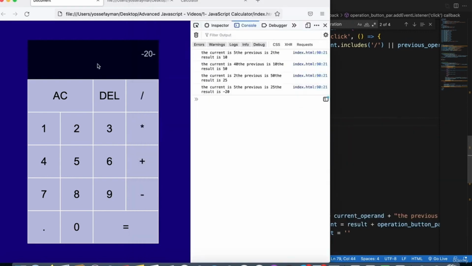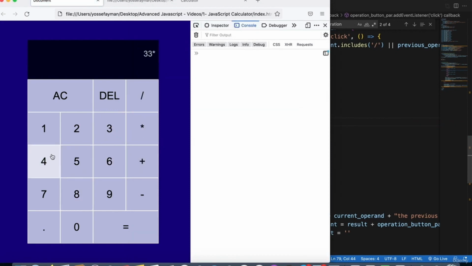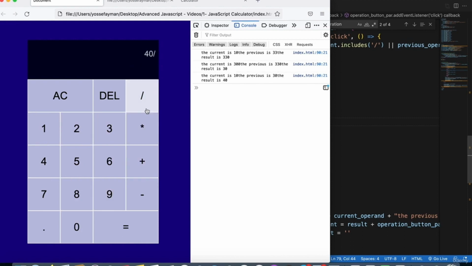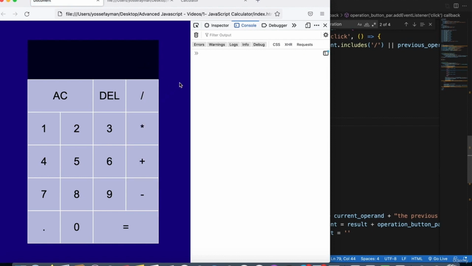Okay, just like that. 33 multiplied by 10 minus 300 plus 10 divided by 0.5, like that. Yeah, it's working fine. Okay, and what we just want to do right here